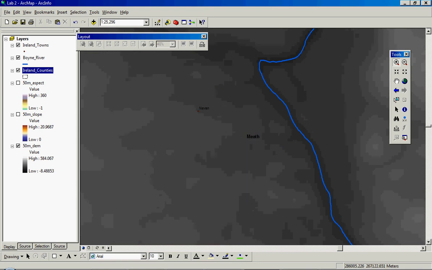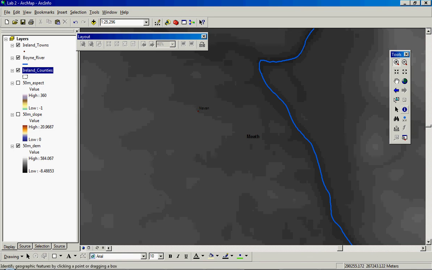And we can see that the point in here, this point is representing the town. Now in actuality the town is a lot larger than this, it has an extent. However, in this case it's represented by a point, and that is an issue because it means we're going to get a slightly skewed version of the kind of underlying data. But if we want to, for example, find out what's the elevation of Navan, we can do that just by